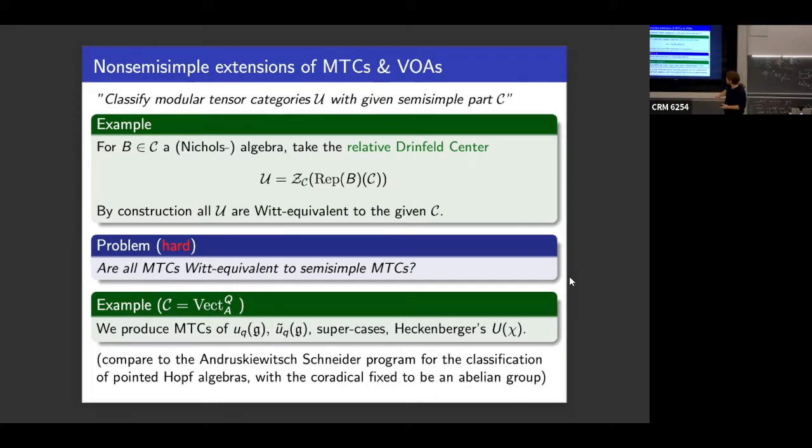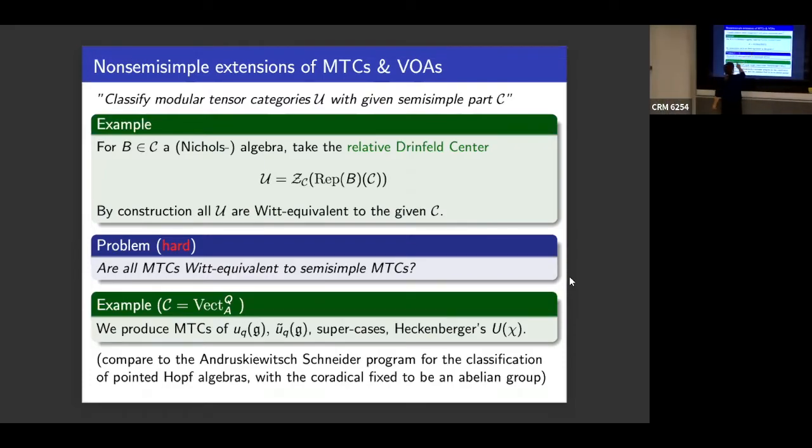I have to say, maybe let's jump. No, maybe let's not jump. So, for example, when we do this procedure here for vect A, this category I always propose as like our simplest example, what this technology produces is, I think for me, it's now not hard to state this, but maybe some people on the MTC side were surprised. You can produce a lot of MTCs, non-semi-simple MTCs, namely the small quantum groups, this associator deformed small quantum groups that you need for the even root affinity, because here then the vect has an associator. Also this in all super cases.